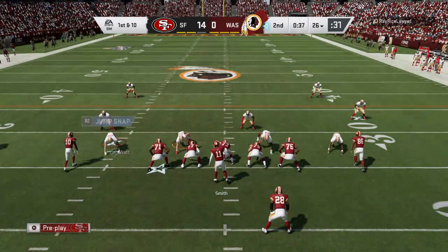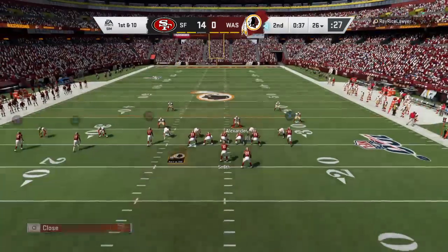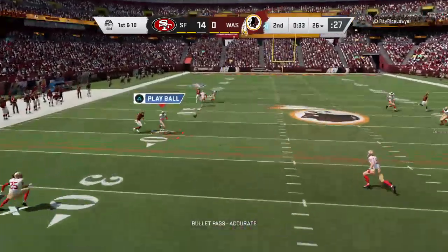Out comes Washington's offense as they get set to take over here. Already down 2 touchdowns here in the first half. This becomes a pretty important drive, doesn't it? It certainly does, and a lot of teams...